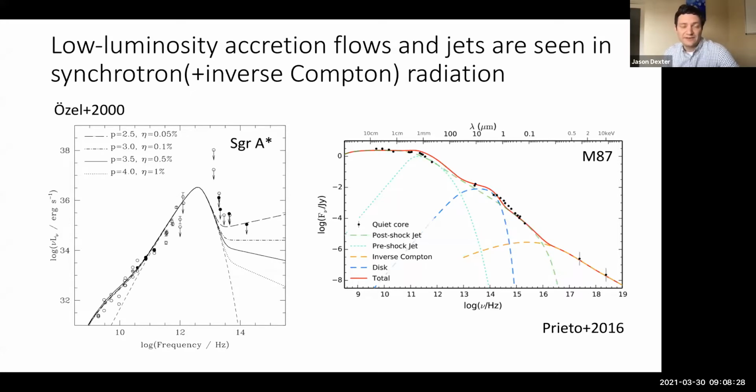And today we will focus on synchrotron emission. Shown here, for example, in a nicely modeled SED of the galactic center black hole, Sgr A*, peaking near terahertz frequencies, or millimeter wavelengths, and similar spectral shapes seen here in a flux spectrum of M87. In both cases, we will focus on the region mostly near 1 millimeter today, always thinking about synchrotron radiation and its propagation through the magnetized plasma around these weakly accreting black holes.